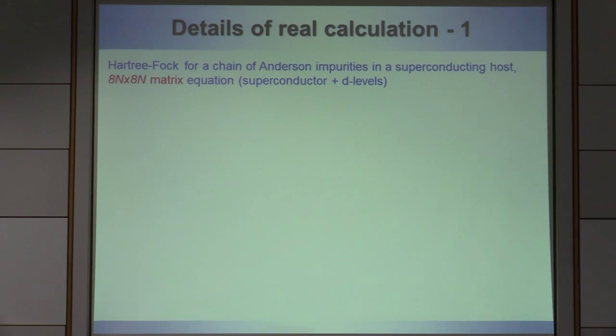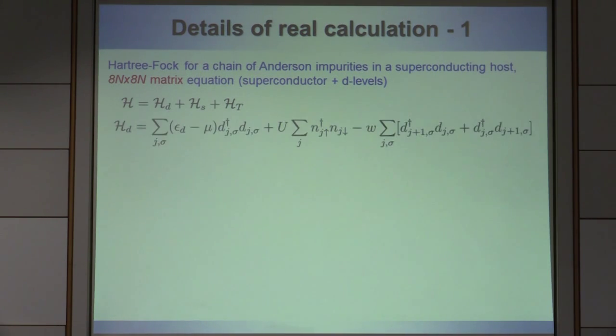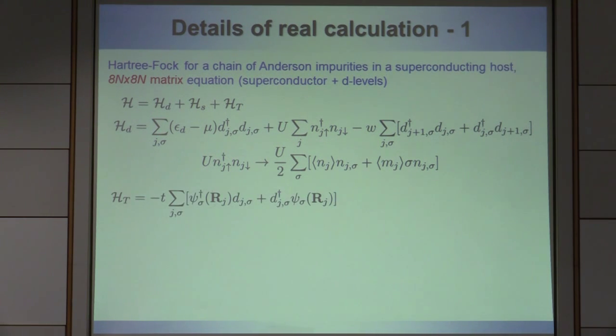Now, how it's done in terms of math. We use as a starting point this Shiba paper that I mentioned from 1973. That paper actually redid the Anderson impurity consideration with mean field self-consistency for the superconductor. So we do a similar thing. We start with the Hubbard model with on-site repulsion, treat the on-site repulsion terms in the mean field, then introduce tunneling or hybridization between the d levels and the itinerant electrons, and form the equation for the Green function of